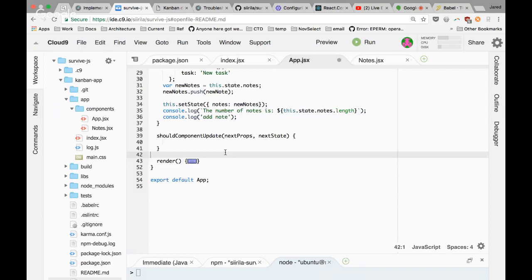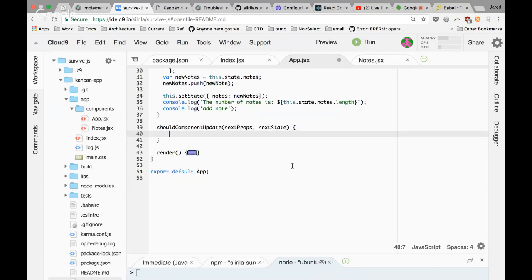Since it's already one of the methods on it, it should work. And what I'll do is I will check if, let me put some comments first. What do I want to do? I want to say if